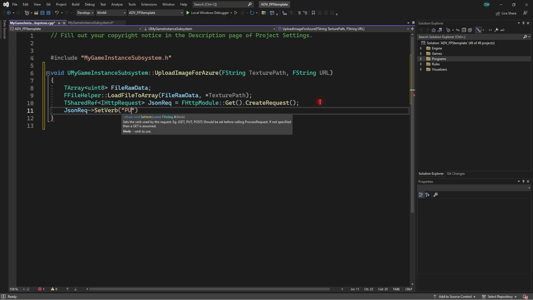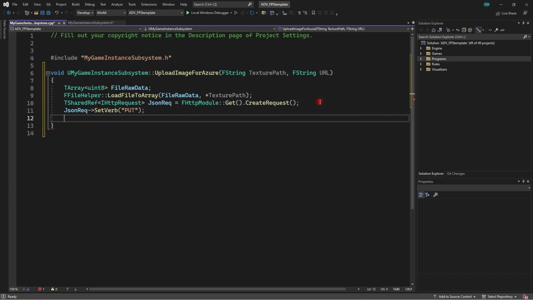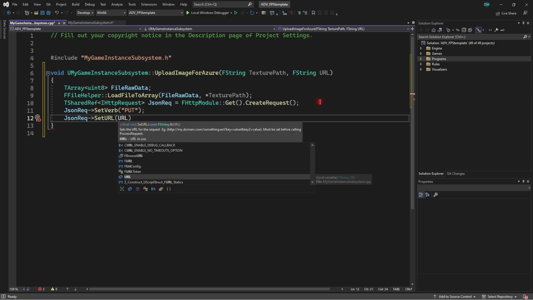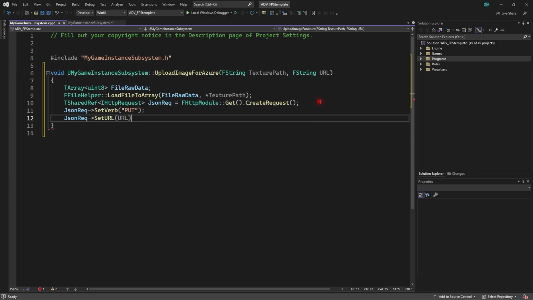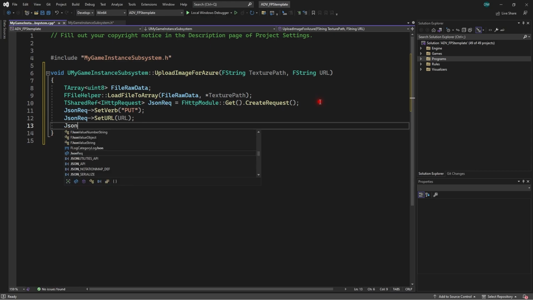So this is a PUT request because it will create a new resource at the server, and then we will get the JSON request again, set URL, and in the URL we will pass the URL that we got. Then JSON request, we will